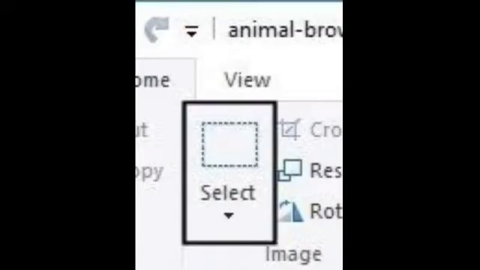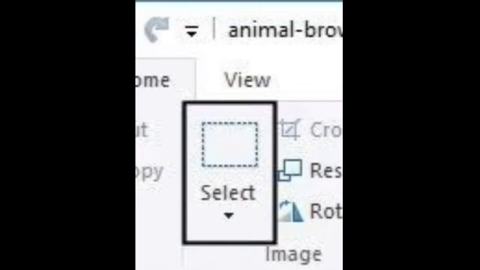Image selection. In Paint, we might want to make changes in a part of a picture or an object. To do this, you need to select that part of the picture you want to change. To make the changes, first you have to click on which option? Select option. With this option, we can select the rectangular areas of an image. How can we select the rectangular areas in Paint?